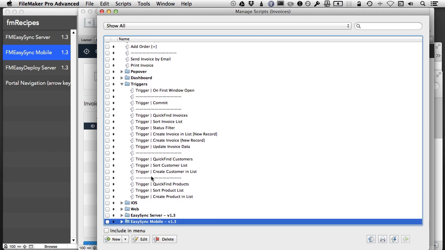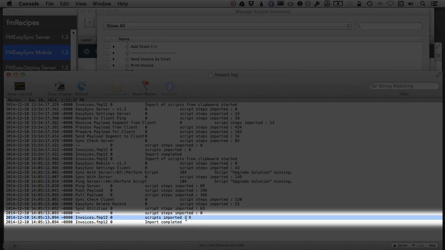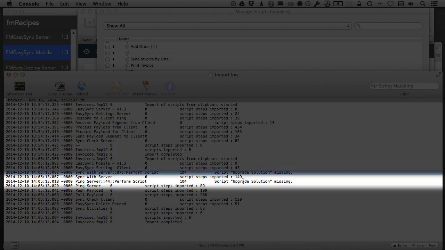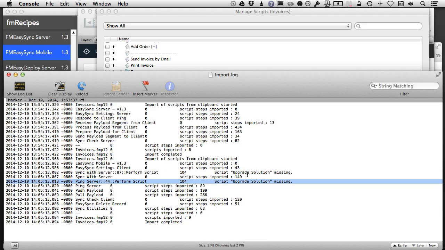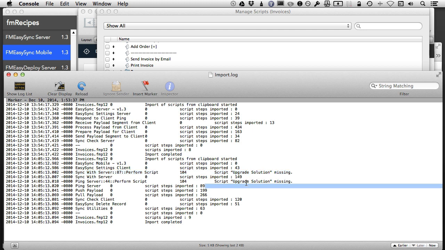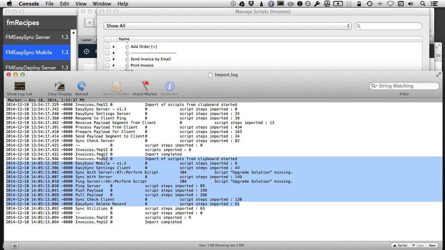Now, if everything happens successfully as part of that paste, I can go over to my console app and see that I have 9 steps that were imported right there. I'm looking for any errors, which would be this right here, upgrade solution missing, and this one, upgrade solution missing. These 2 errors are a result of me choosing not to use the easy deploy. It integrated a few scripts that it references, 2 in particular, which aren't actually there. But these errors are no problem. Other than that, those are the only 2 errors, which means I got an error-free paste of all of the